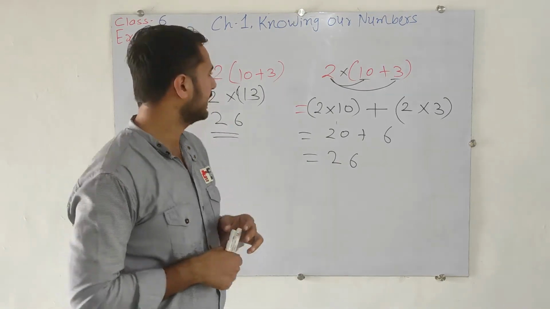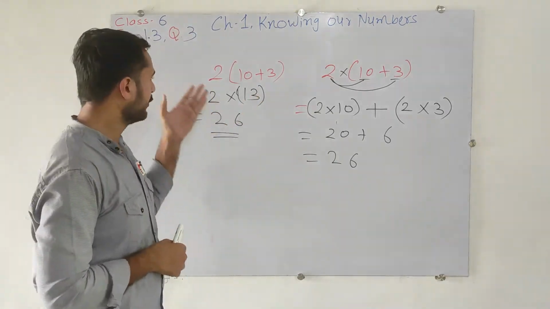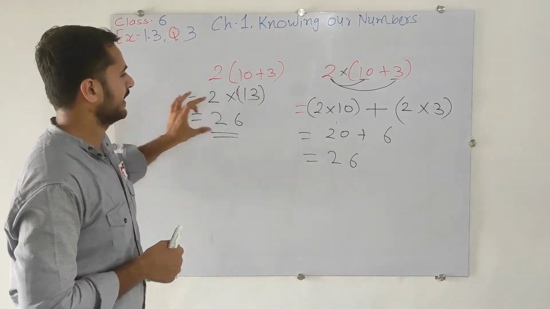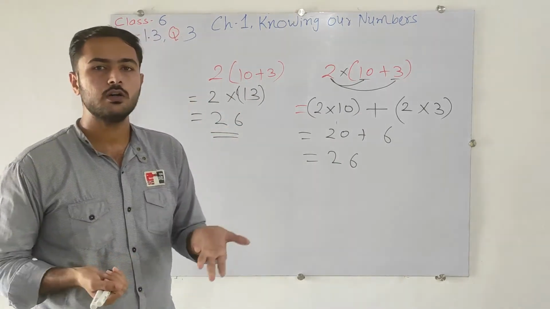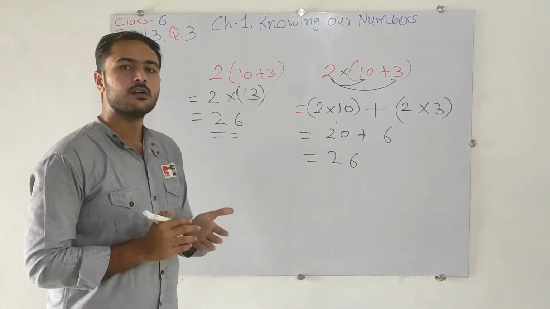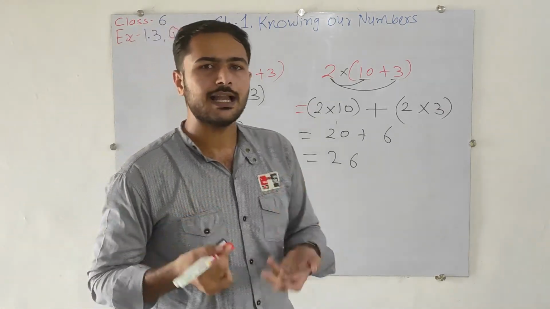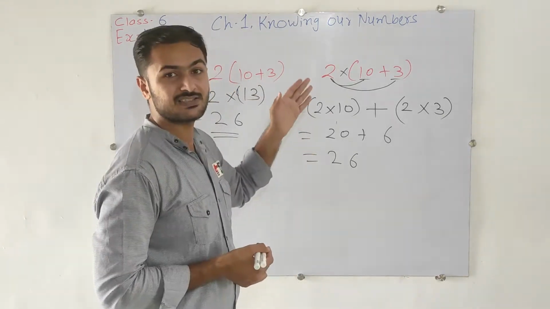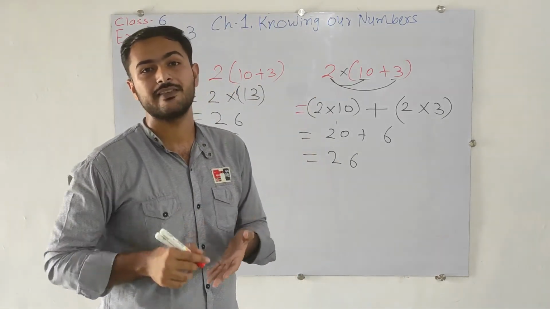Now the question arises that why we are using this method if we know very well the other method how to do that. And see, here we did only 2 steps and here 1, 2 and 3 steps. So which is the easier one? This one now. But actually in the larger numbers, this type of calculations and these steps are really very needful and that's really very easy.